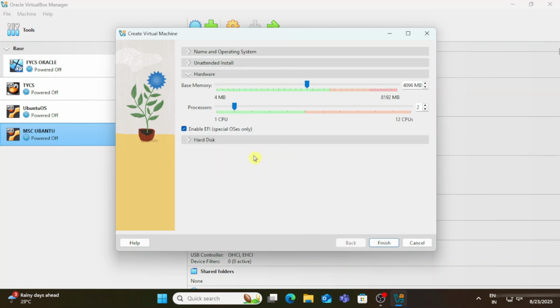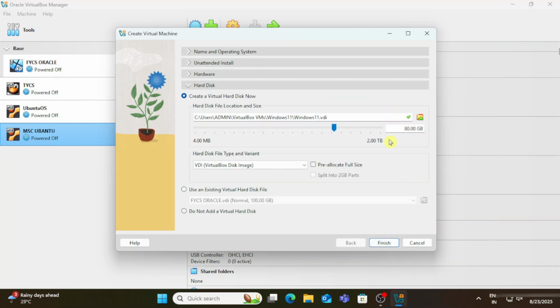Now we will be giving RAM memory to this. So in hardware, now let's provide the RAM memory. So around 4 GB of memory you can provide to this Windows, so it will work properly. So here I'm giving 4 GB of memory, and 2 to 4 processors you can provide, even more processors depending on the processors available on your system. So it checks your physical configuration, it shows you the number of processors. So here I'm giving this many processors.